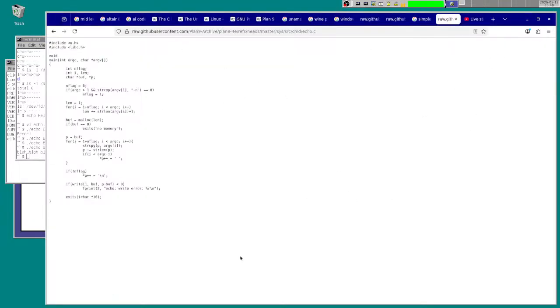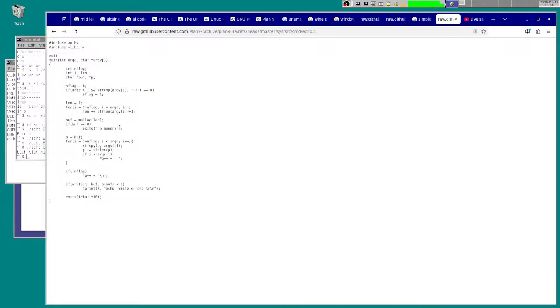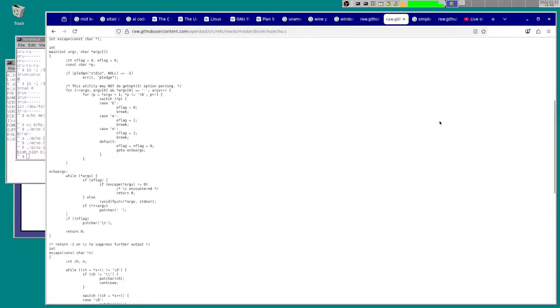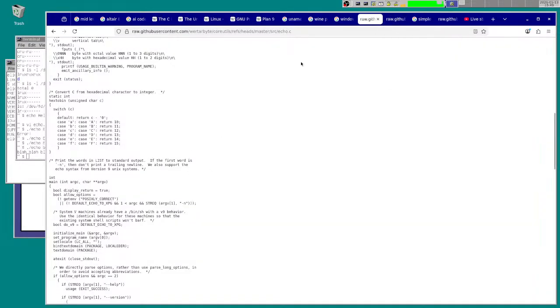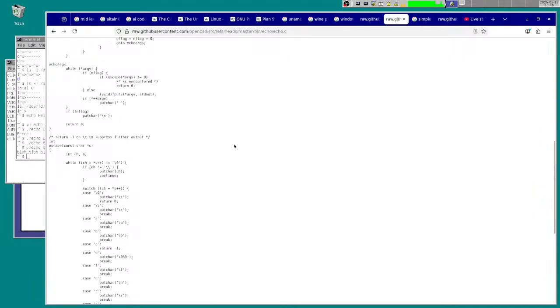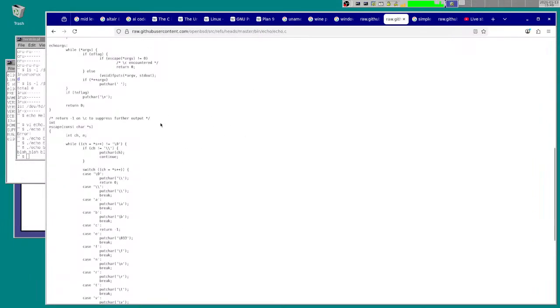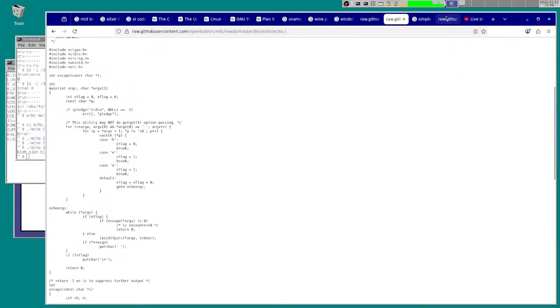So anyways, this is the Plan 9 version of the Echo program. We've got these 3 different examples. This is the GNU example. This is the OpenBSD example, which has the E flag, the N flag, and extra security stuff.